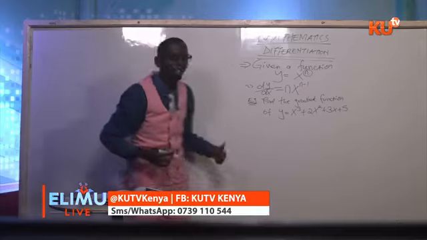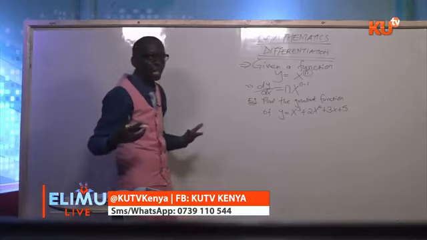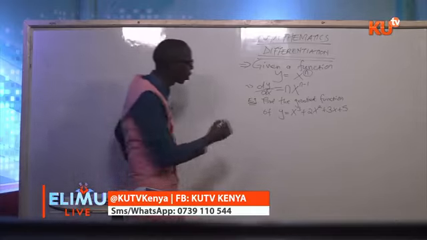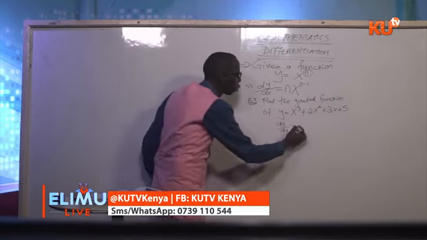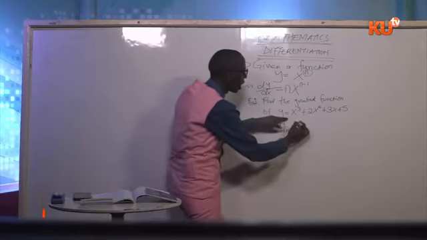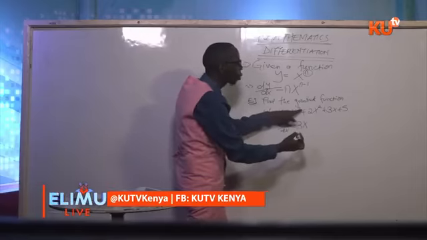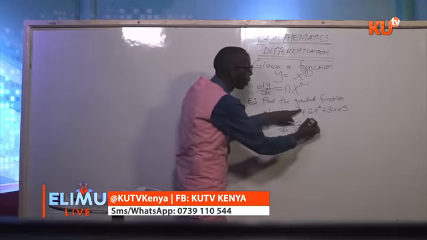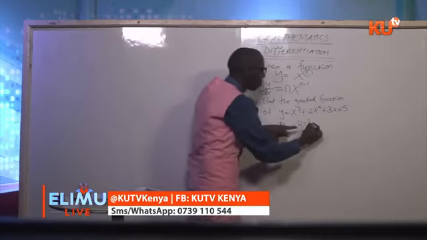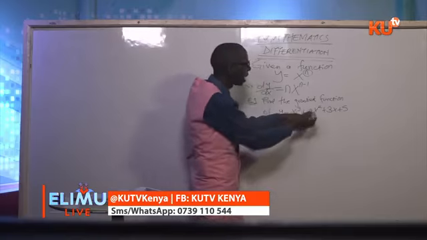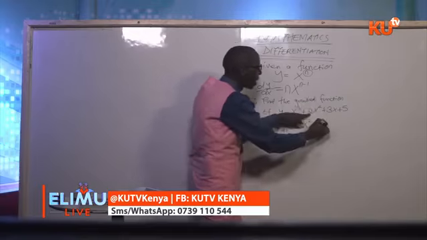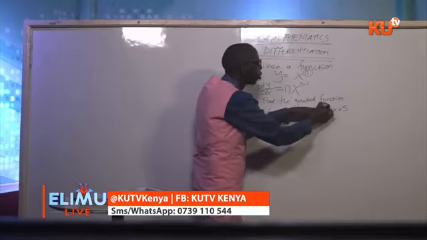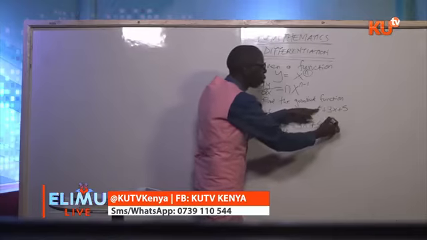Now, how do we find the gradient function? You'll say dy over dx is equal to, bring 3 here, 3x, minus 1 from the power, so it will be 3 minus 1, 2, plus, bring 2 here, there is another 2, so the 2 you brought here multiplied by the 2 that you met there, that is 4x to power 2 minus 1, which is 1,